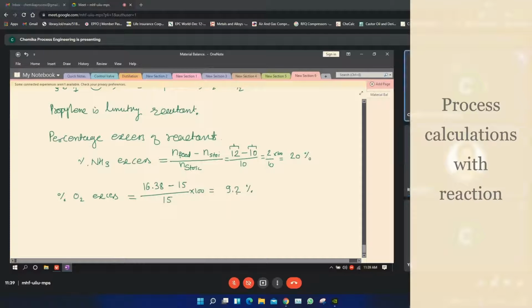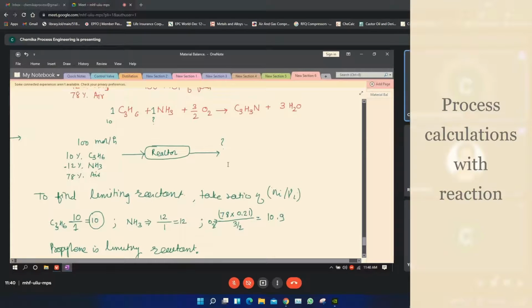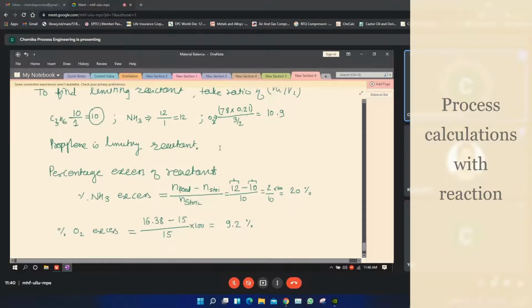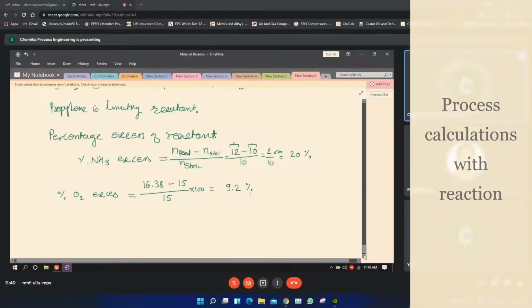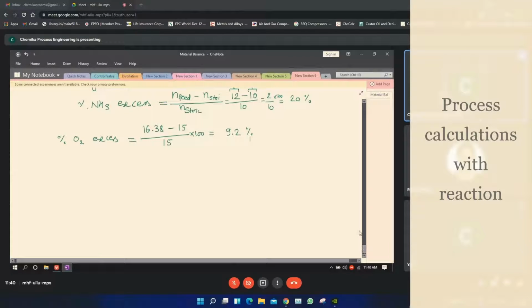Okay. Now we have obtained which is the limiting reactant and how much percent excess the reactants are. We can calculate the product composition and product molar flow rate. For that, we will take help of the extent of reaction, right? So we know the reaction. For this reaction, let us consider this zeta is the extent of reaction, and for each species, we write the extent of reaction balance equation. For example, for the propylene,